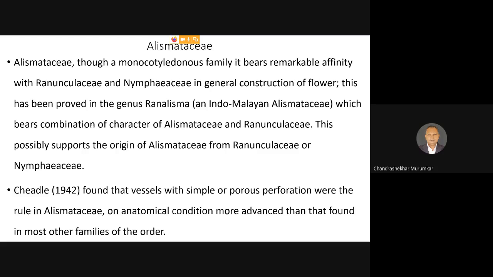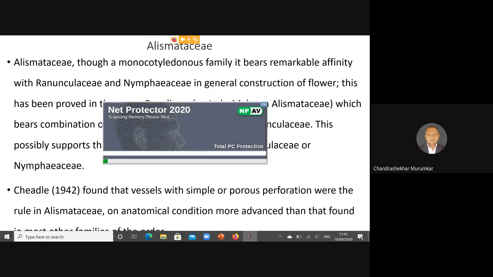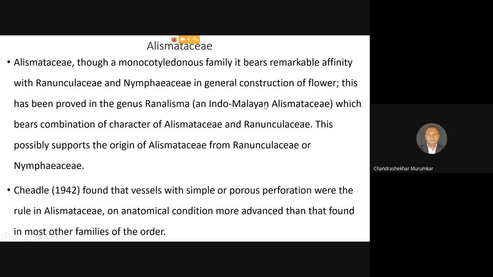That is, several plants acquired the aquatic habitat later on in the course of evolution. Whereas in case of monocotyledons, the aquatic habitat is more primitive and terrestrial habitat is more advanced. Because of that, exactly the reverse position is present as far as the assumption of phylogeny is concerned. In dicotyledons, the terrestrial habit is more primitive and aquatic habit is an advanced character. Whereas in monocotyledons, obviously, the aquatic habitat is a primitive character and the terrestrial habitat is an advanced character.